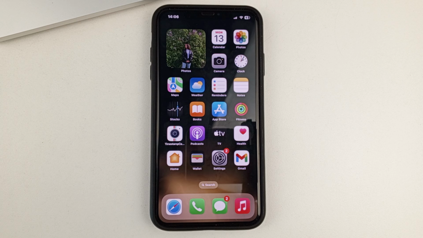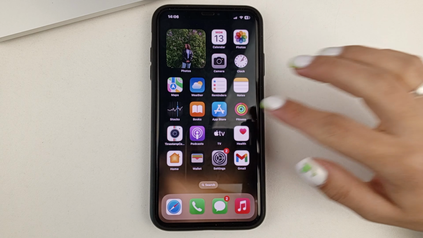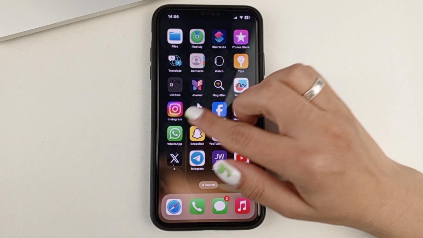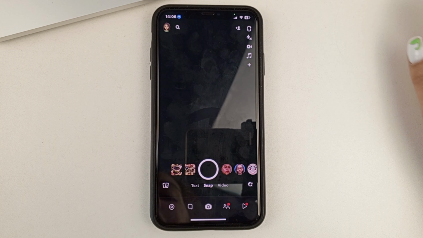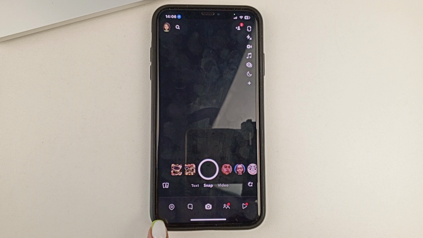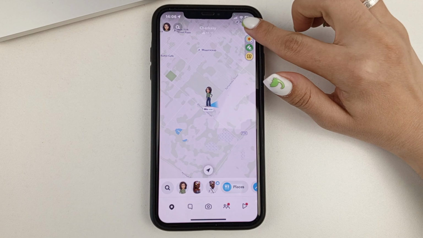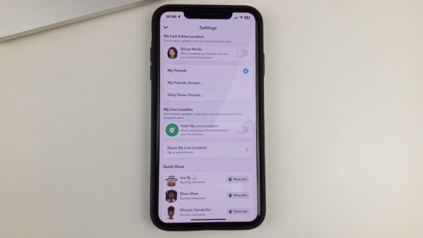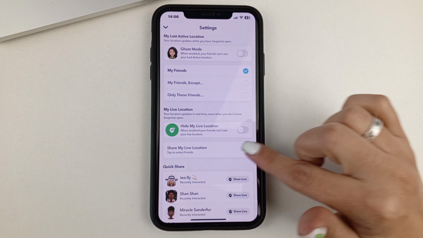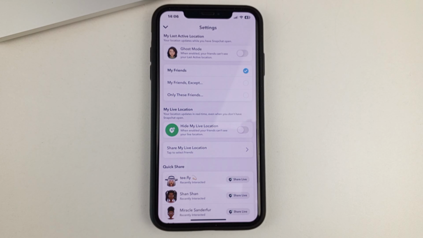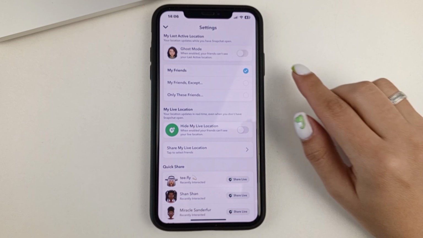And in this video, I'm going to show you right away a few ways that you can pause or freeze your location for the Snapchat app. First of all, you're going to open the app itself. Then at the bottom on the left side, click on Maps. And then at the top on the right side on the gear, this will take you to the Snapchat card settings. Next, you need to find this feature right here. It's called Hide My Real-Time Location. And you need to activate it.